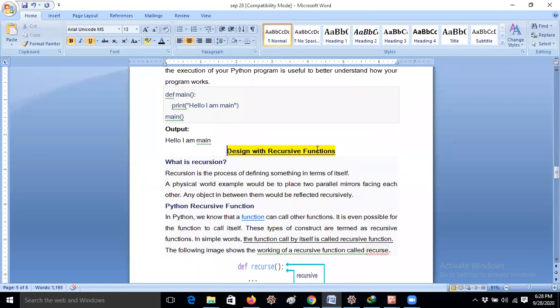So I think that's the reason I would like to complete this recursion concept tomorrow, because whenever I'm explaining a concept I almost always extend the class by 10 to 15 minutes. Actually, I thought that I would complete 8 pages today, but I have completed only 5 pages till now.